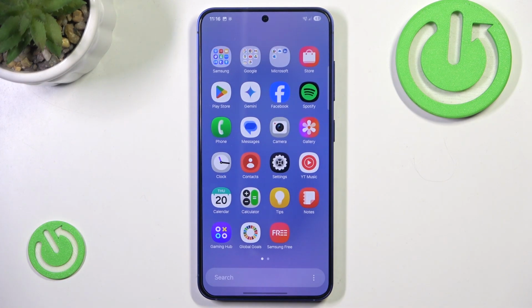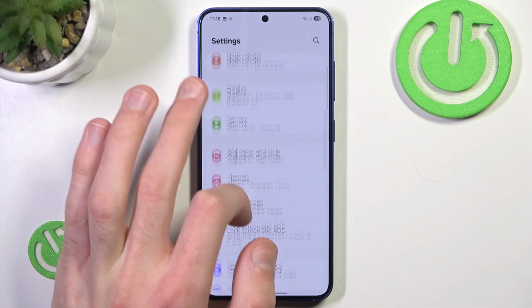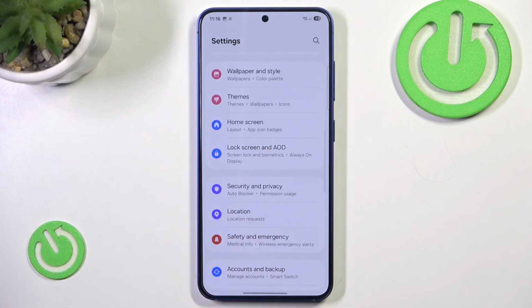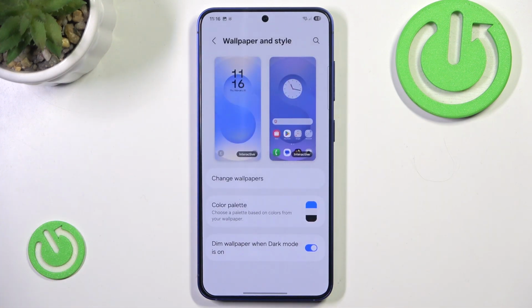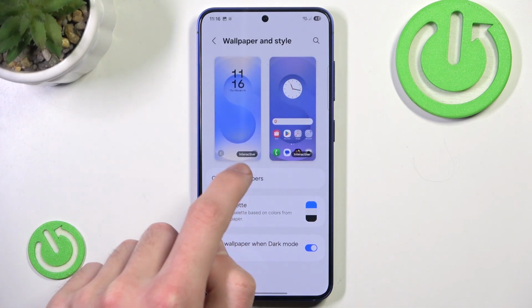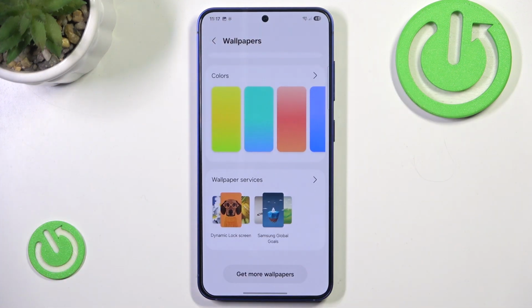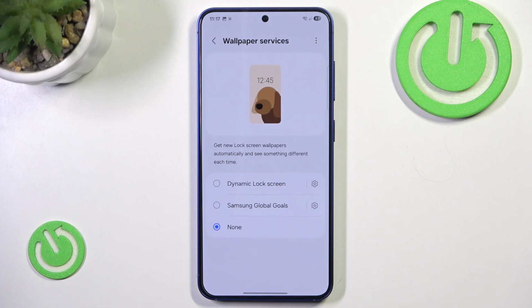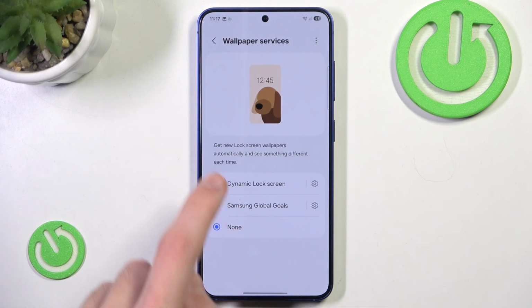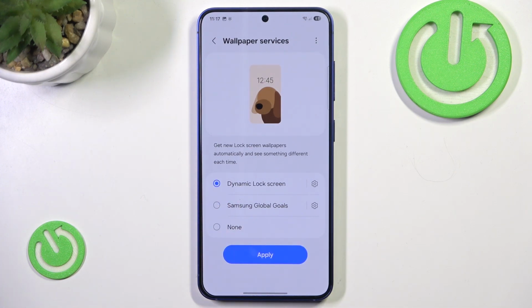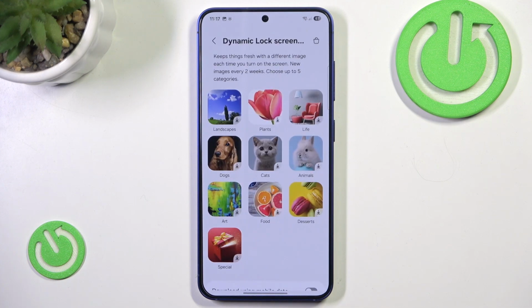that. All you have to do is go to settings, scroll down a little, go to wallpaper and style. Here we want to go into change wallpapers and we want to scroll all the way down into wallpaper services. We click this and here we can enable our dynamic lock screen. We hit apply and now it will ask which random videos or photos we want to set as our lock